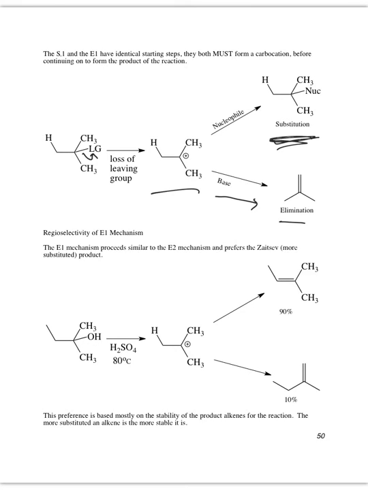In the reaction at the bottom of the page, we see the E1 mechanism proceeds similar to the E2 mechanism and prefers the more substituted product if it can get there. So when we think about what has to happen in the mechanism, if we do not have a good leaving group, we have to make a good leaving group. So here we have the strong acid and heat, so we protonate the alcohol to make a good leaving group. It leaves, forming the cation,